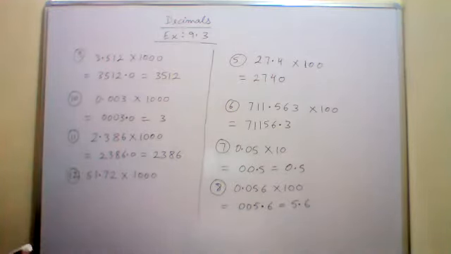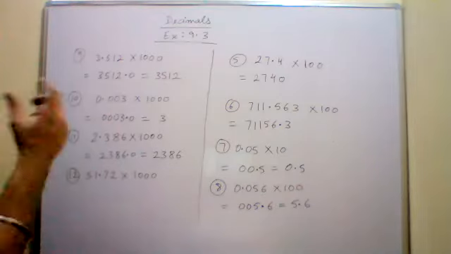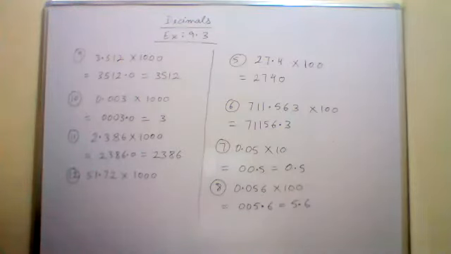You can do all these questions in the book if you have done them in the copies, no problem. If you are writing a number like 0.5 or you are writing only .5, then it is the same thing. Suppose there is a number 0.45, and you can also write it as .45. It is the same thing.